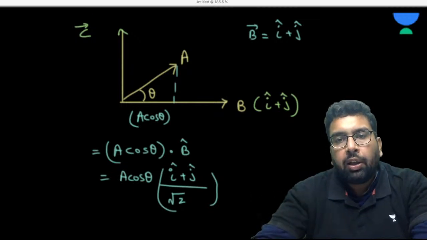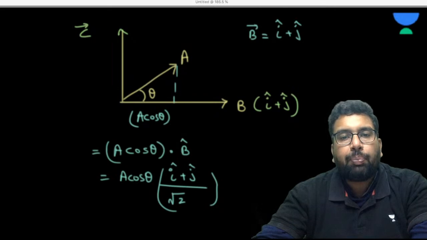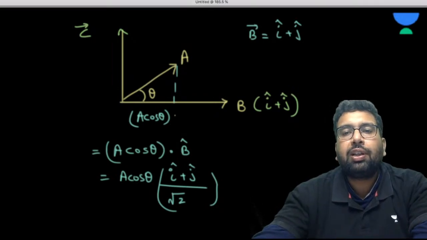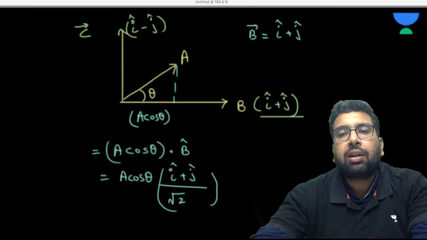Okay. Now C vector is obviously the vector perpendicular to the B vector, for very sure. If this is B vector, this is C vector. Now if this is I plus J, can I write this as I cap minus J cap? Or sir, how come you can say this is I cap minus J cap? Arey beta, the vector, the